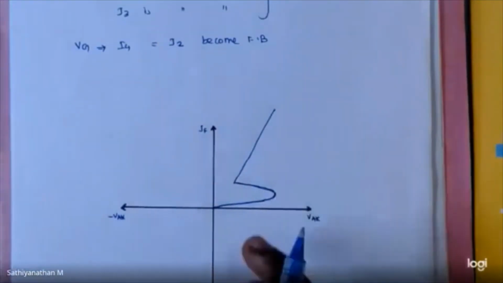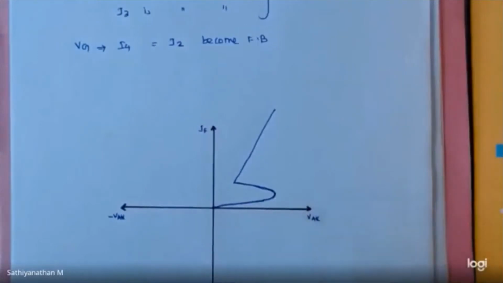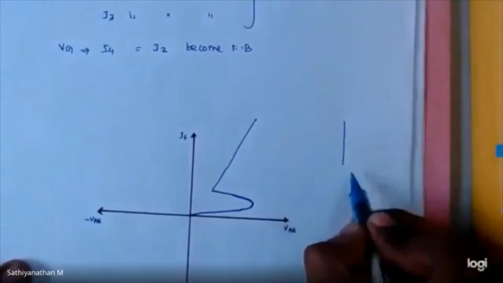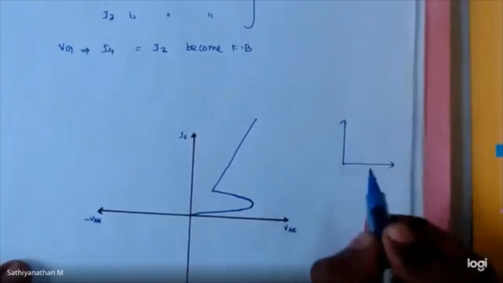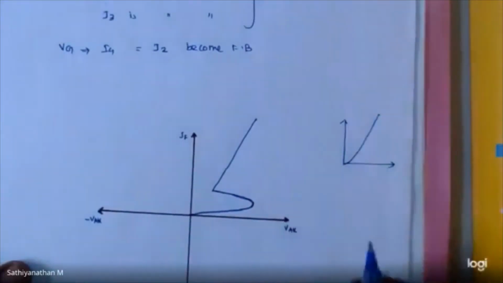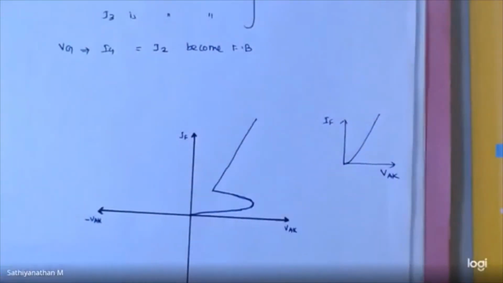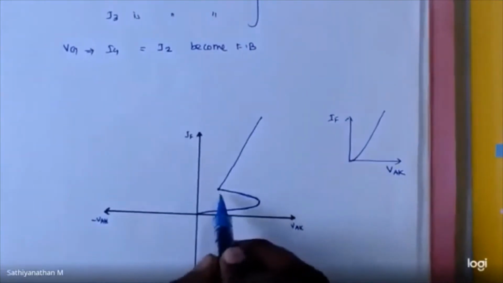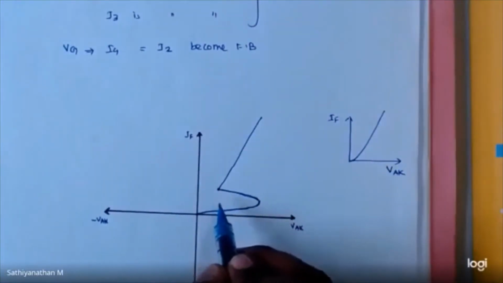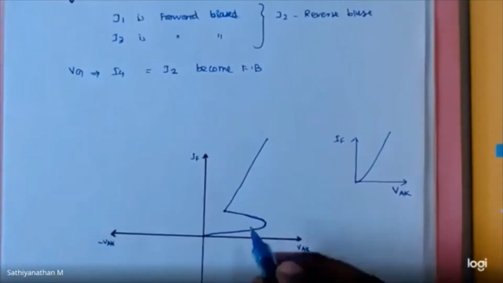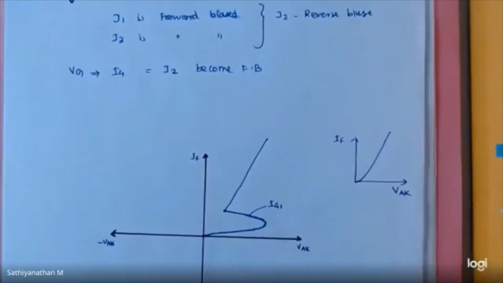So if you compare this VI characteristic with a diode, what do you have? A linear curve, right? Like this. This is your anode cathode voltage, this is your forward current. But here we are controlling the on time of the device using an external gate voltage and gate current. So this is for gate current 1. Similarly, if you change the gate voltage magnitude and current magnitude,